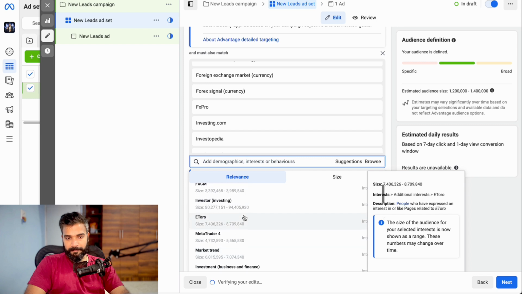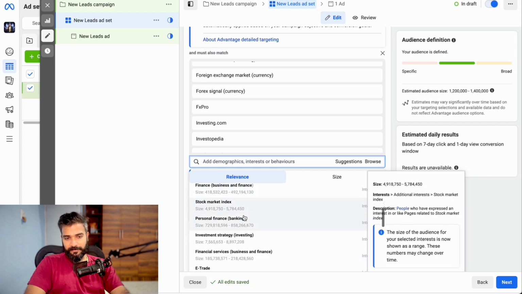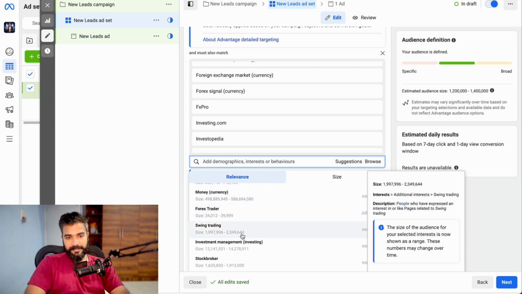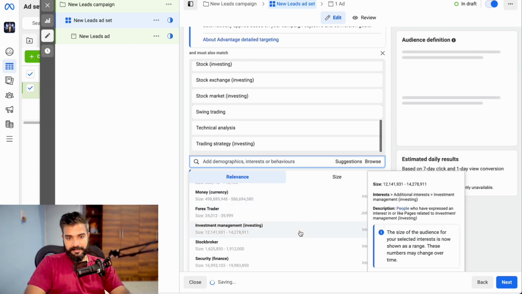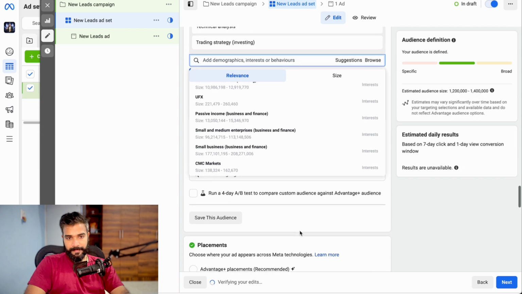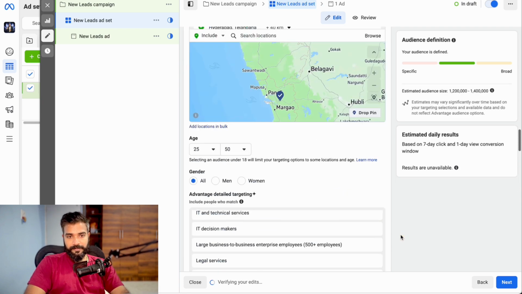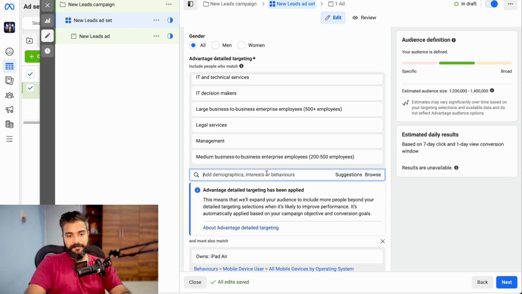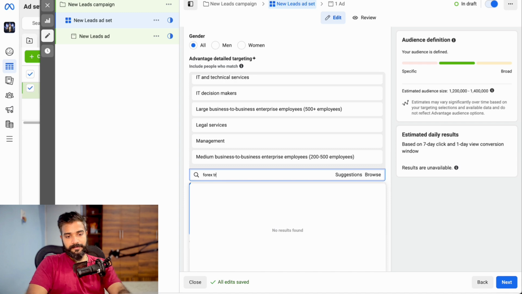I will not take personal finance guys, though it's a sizable audience. But personal finance and trading are two different things. So I'll avoid these. Swing trading as an interest. This is good. There we go. Right. Now we can also go back to our demographics and add more stuff. Let's say Forex trader. There we go. We got some good